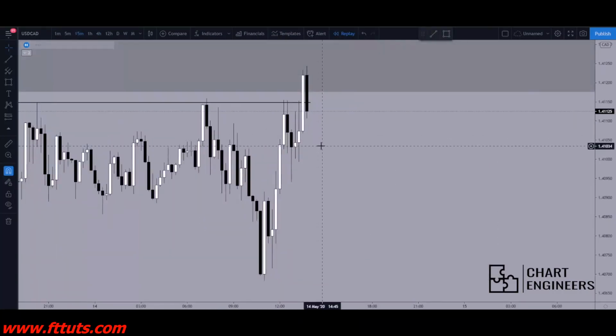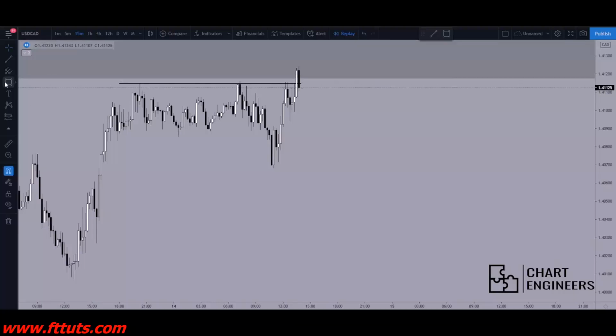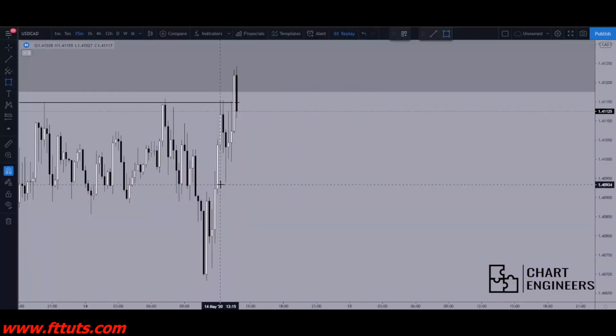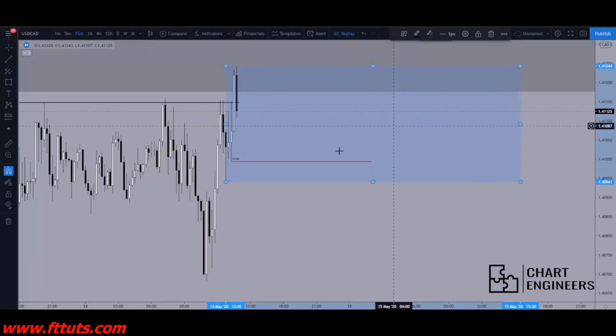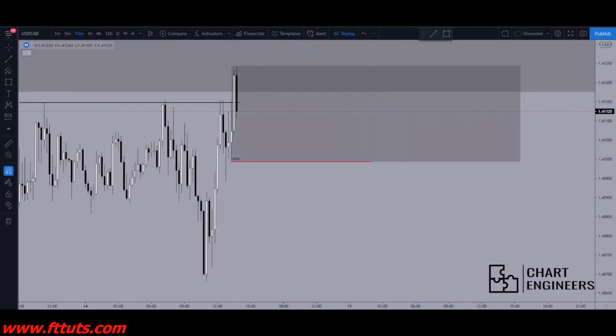So now if I go to the 15-minute, where is my breaker zone going to be? So that is my low, and then my high is going to be here. And as we can see, the breaker is lower than our MSB, so I'm just going to take my entry from the MSB. So now if I just let this play,